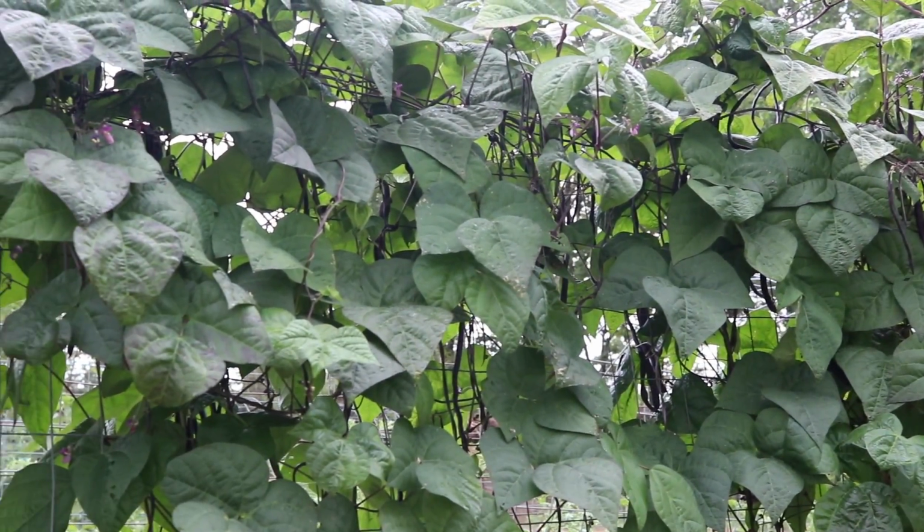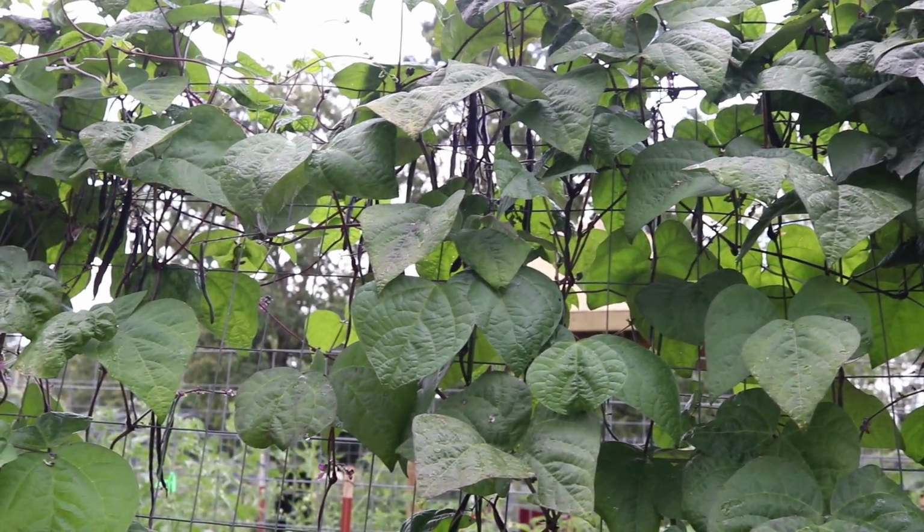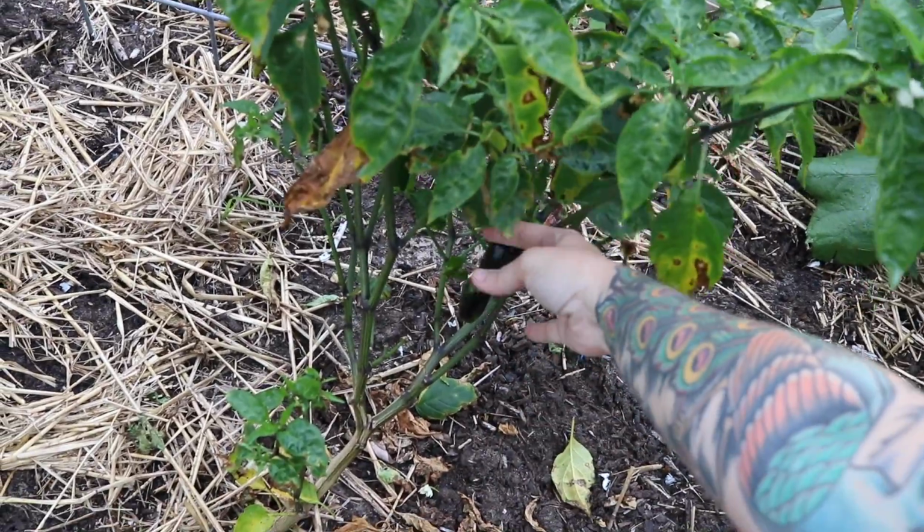Tons of beans on these plants. You can see them up in there. It's time to pick again and go ahead, and these will all go in the freezer. Now here I've got some of the Czech black